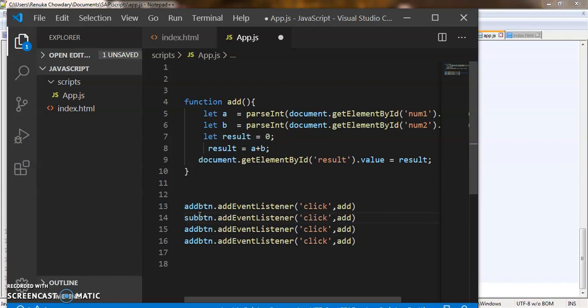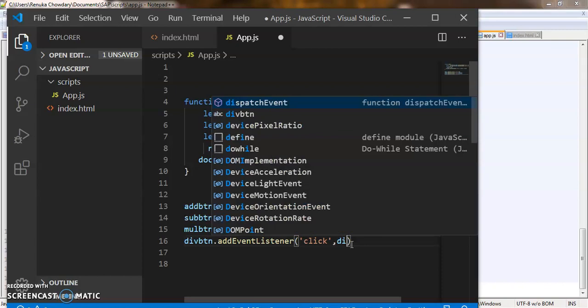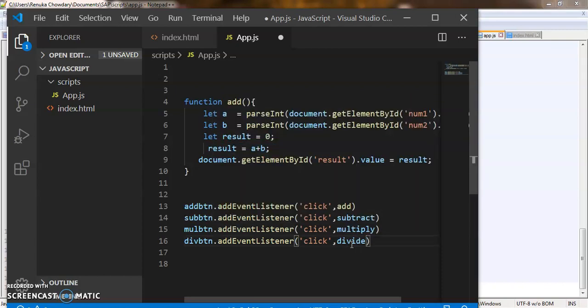So the subtract button operator is subBTN, and mulBTN and divBTN. So we create a function subtract, multiply and divide.